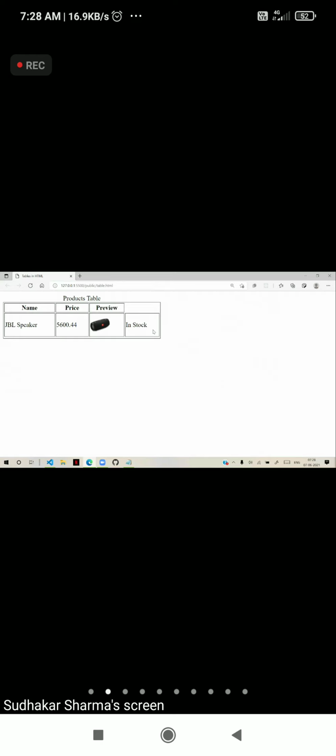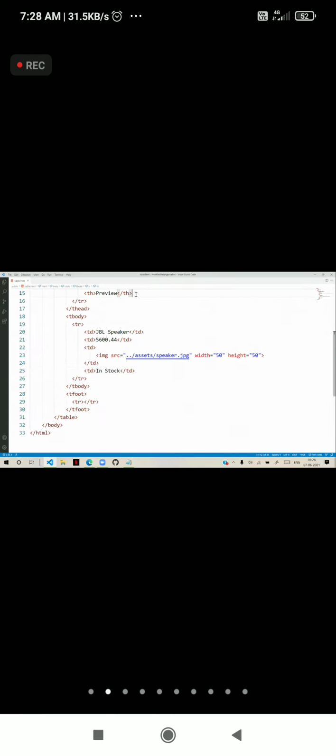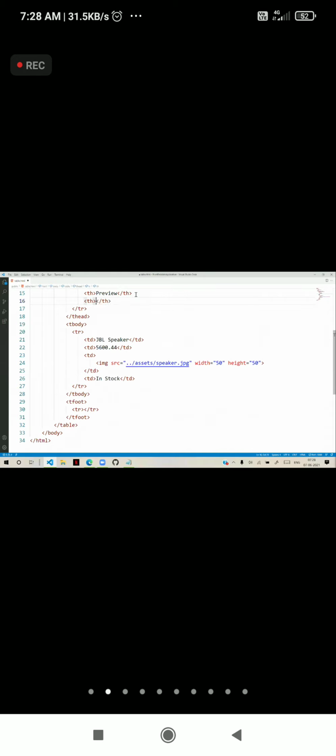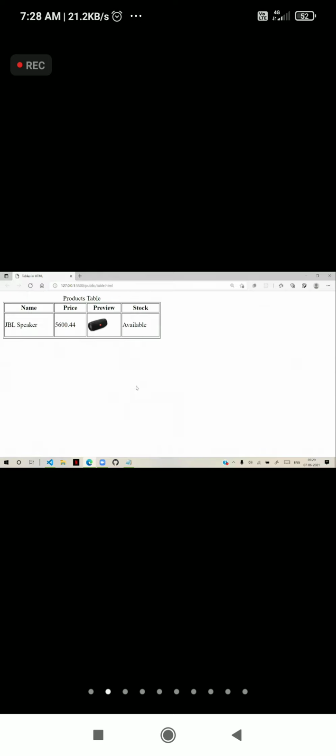A lot of disorder will be there. You can add another header. Suppose you have stock, and here I say available. You can use anything inside the table cell. Later you can learn forms.